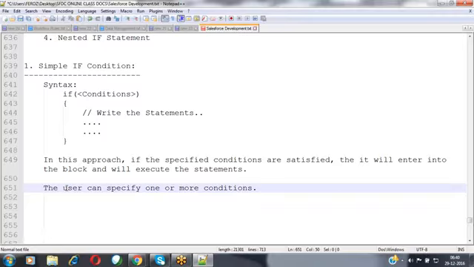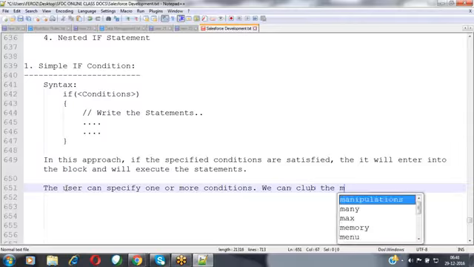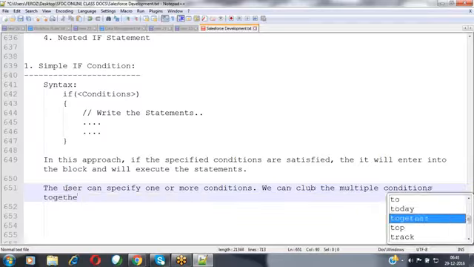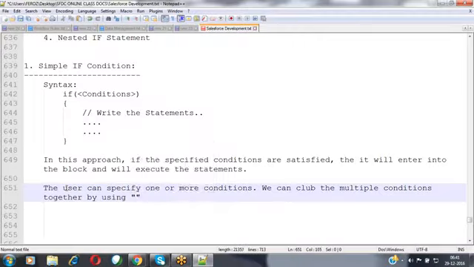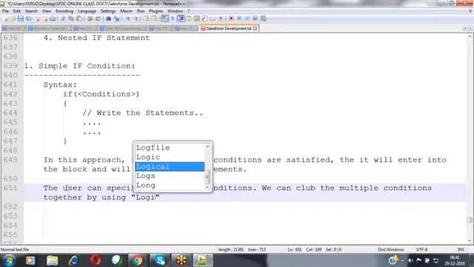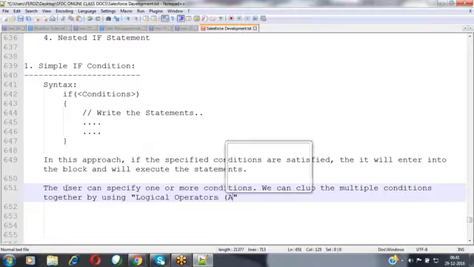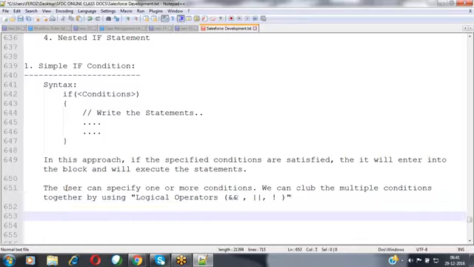These are the three logical operators. By using these logical operators, we can club these multiple conditions together.